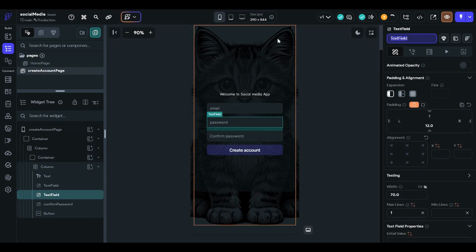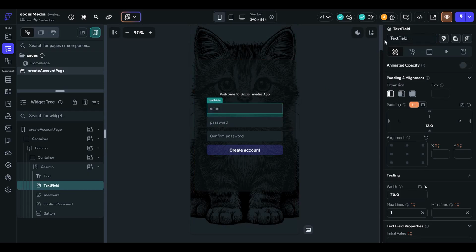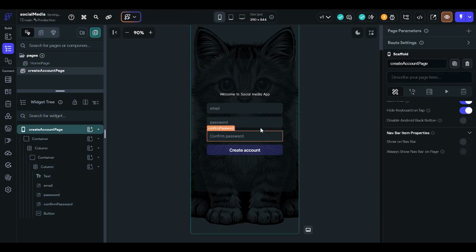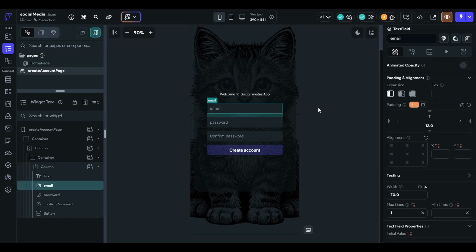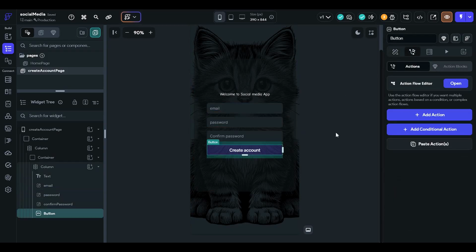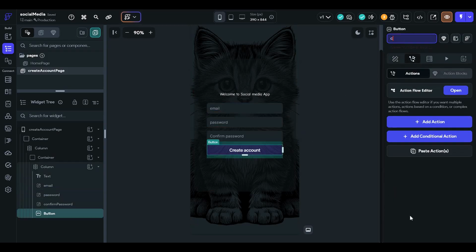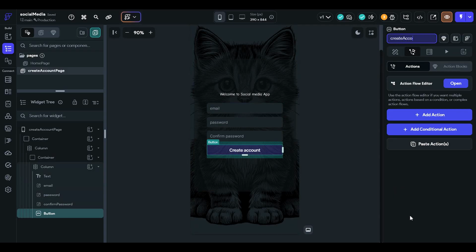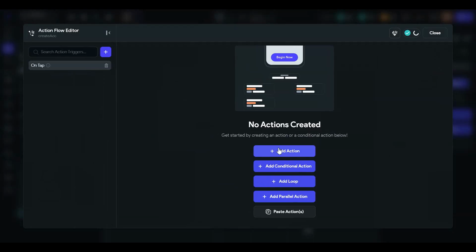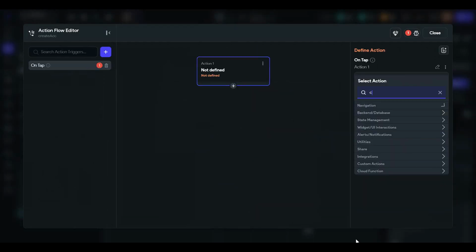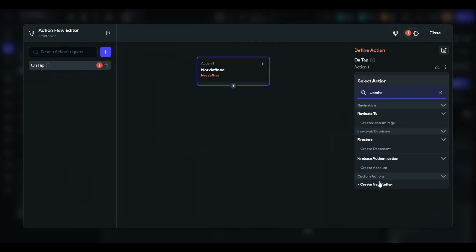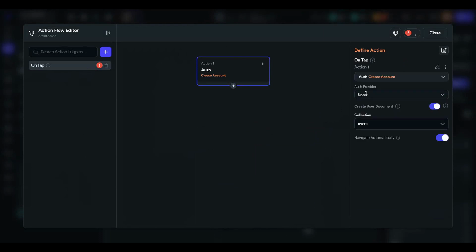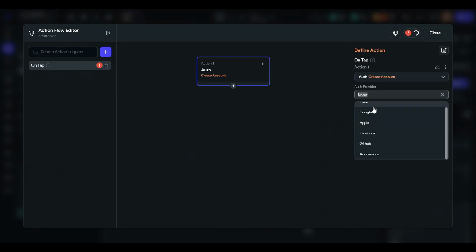but still we have to give the create account button an action so it creates an account by taking all the variables from the text field. We will add an on tap action and search for create account and then select email.